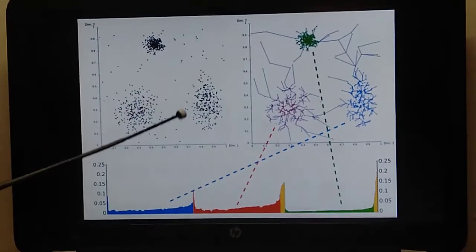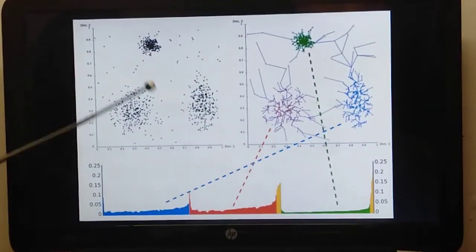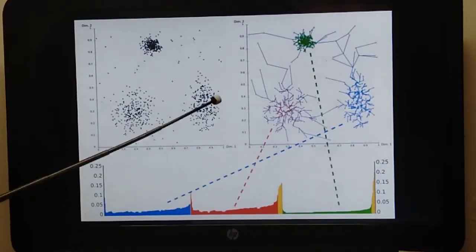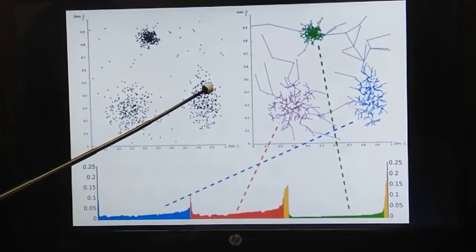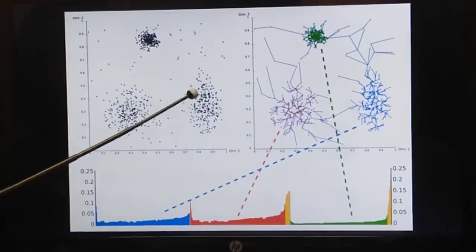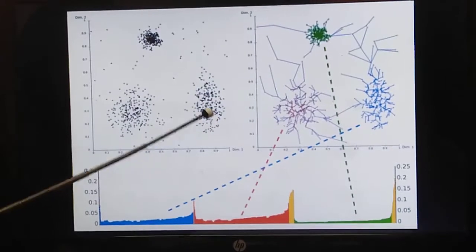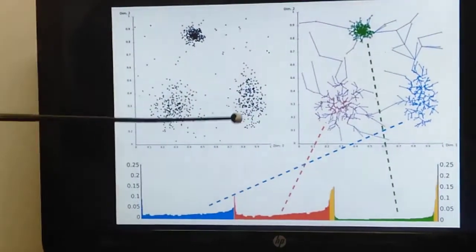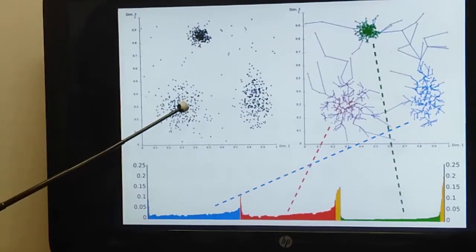Okay, the next tightest cluster is this one or this one. One of these are the tightest clusters. Okay, now we have to look at the exact distances, only then we can know what is exactly the tightest distance.